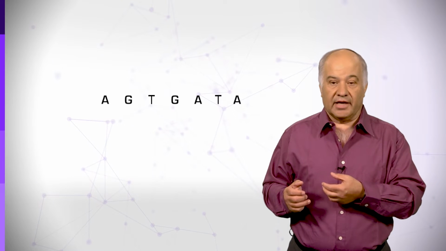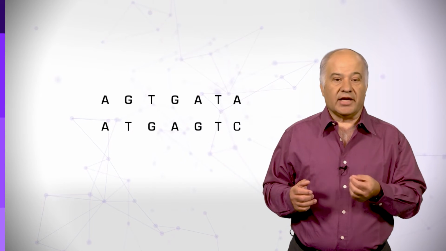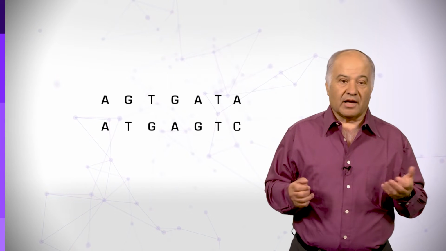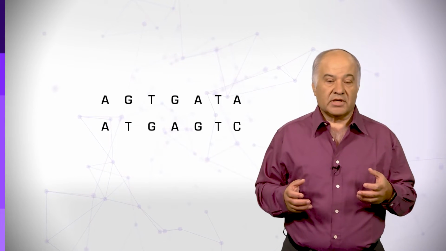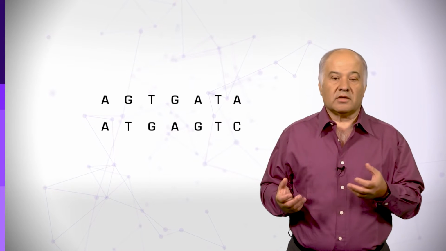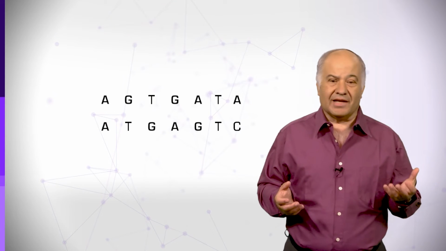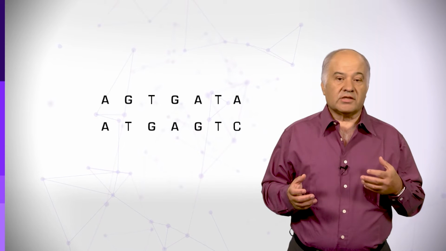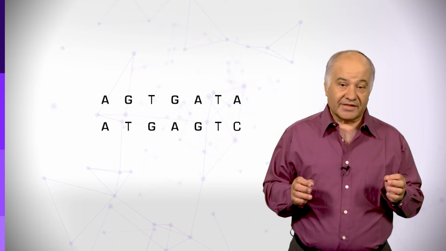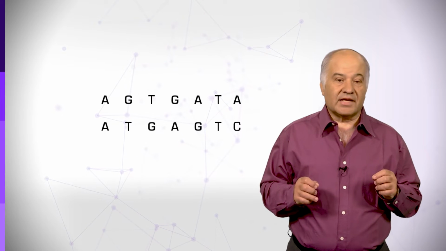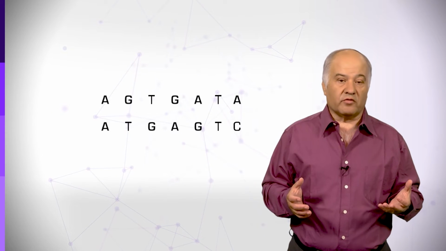Such alignment can be performed to compare either nucleotide or amino acid sequences. We will start our demonstration with 2 short DNA sequences, AGTGATA and ATGAGTC. How similar are they, and what are the mutational steps that most likely transformed one into the other? The dynamic programming approach is implemented by many publicly available software packages, as you will see in the practice lesson. Nevertheless, it is useful to understand the steps through which such a comparison is performed.